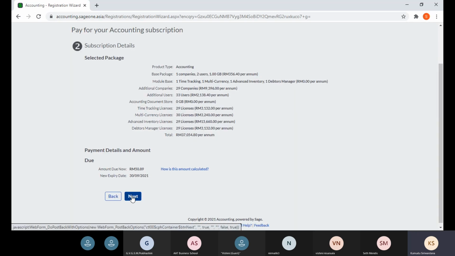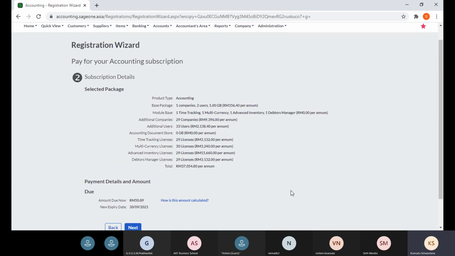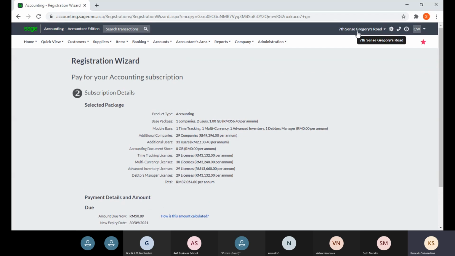Click next, and you can upgrade your multi-currency module. Is it clear up to now? Yeah, I'll try and see. Thanks. Okay, if your multi-currency is still not available,